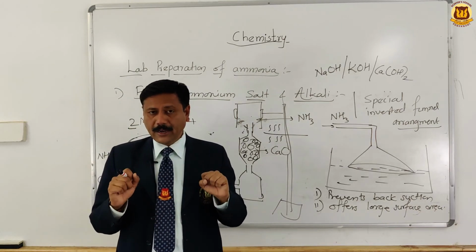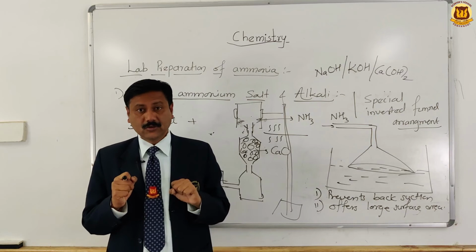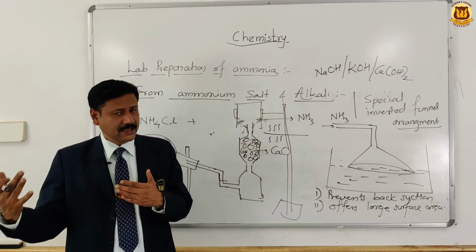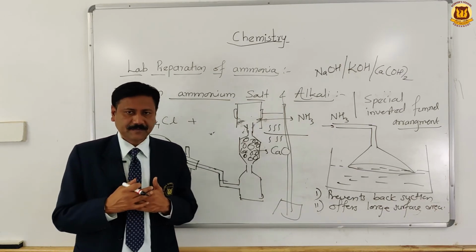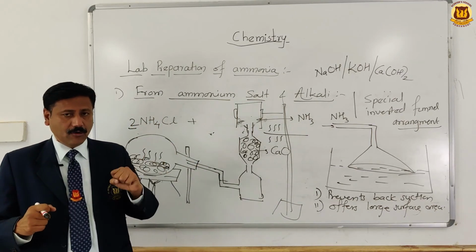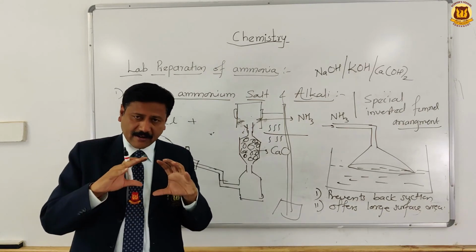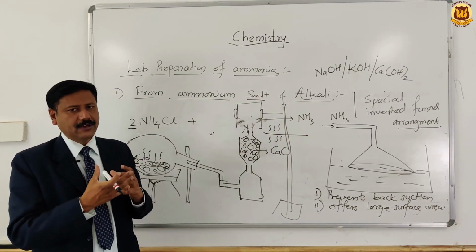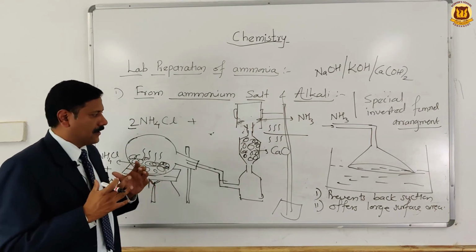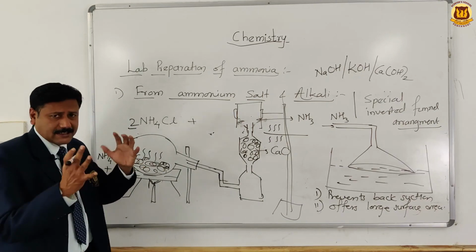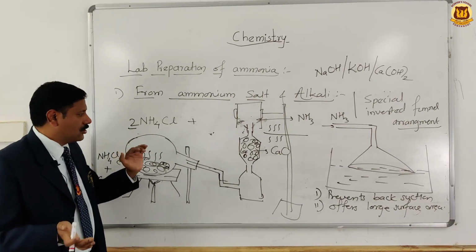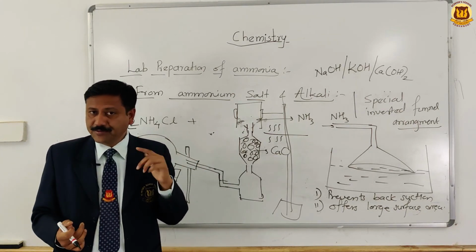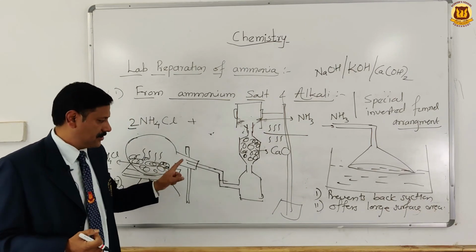Now, ammonium chloride is a sublimable substance. To counteract the sublimable action of ammonium chloride, calcium hydroxide is taken in a higher ratio. Both the reactants, ammonium chloride and calcium hydroxide, are ground into powder form so that the area of contact is more. Then the arrangement: this round bottom flask is placed slightly tilted so that water vapors do not trickle back, which may crack the glass apparatus.